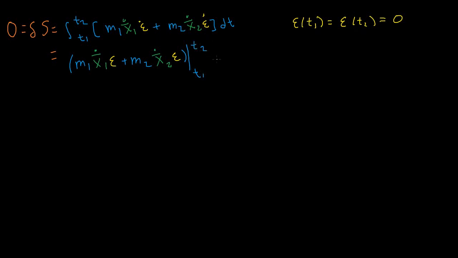That was the first term. Minus the integral from t1 to t2 of, I'm going to write it outside here, epsilon, I took the epsilon outside, times m1 times x1 bar double dot